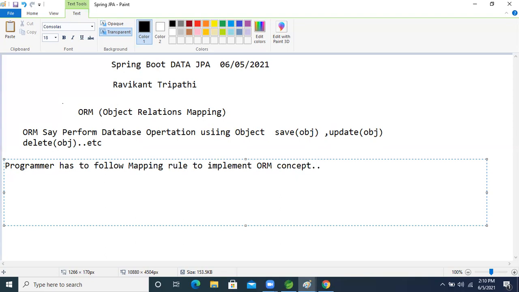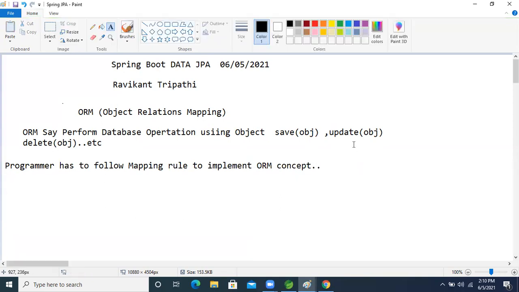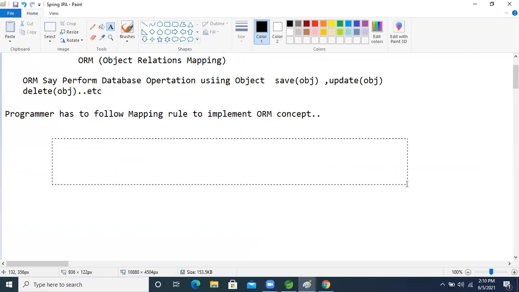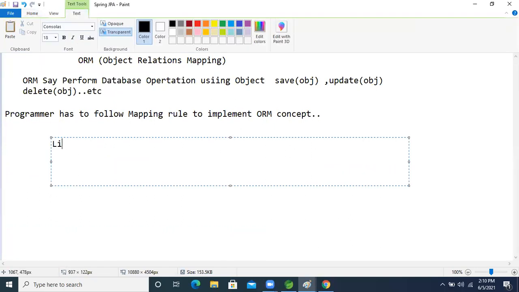What are the rules to follow? One, link one class with a table. Another, link all the variables with the columns.